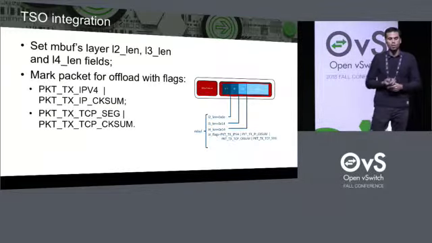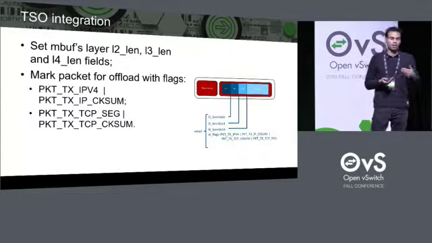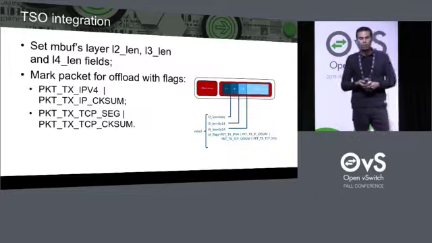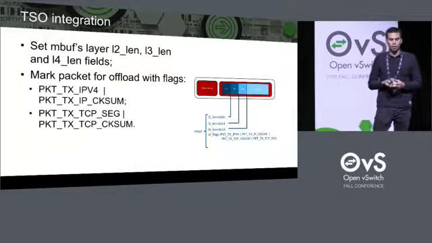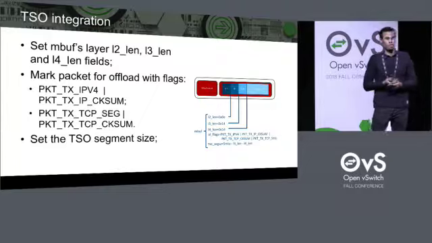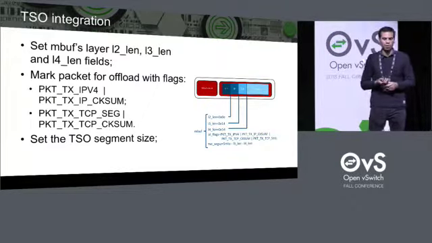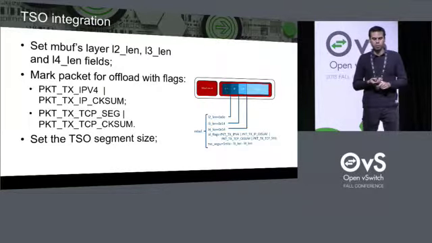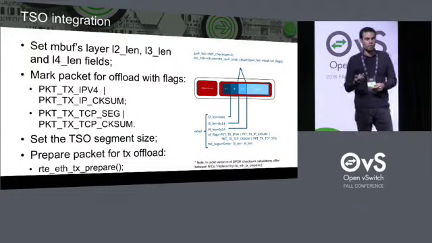Then we set a few offloading flags. In this case, we tell DPDK that this is an IPv4 packet. We want DPDK to perform the checksum of the IP and TCP headers for us. And we also want DPDK to segment this packet for us. And we also tell DPDK the size of each segment, which is usually set to the MTU less the L3 and L4 header sizes. And finally, before we actually call the TX burst function in order to transmit the packets,